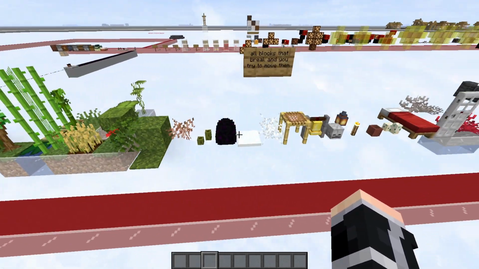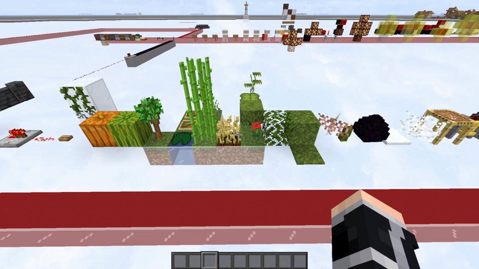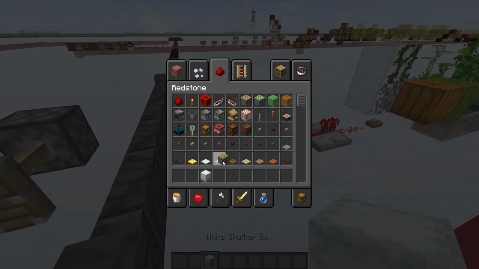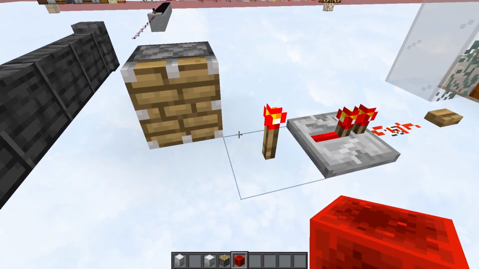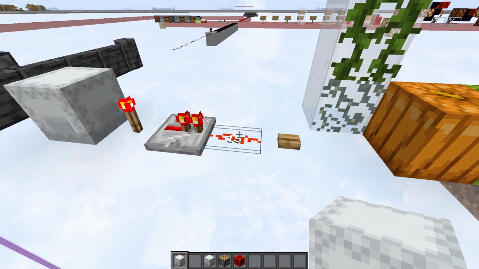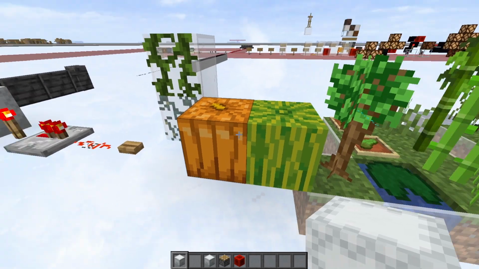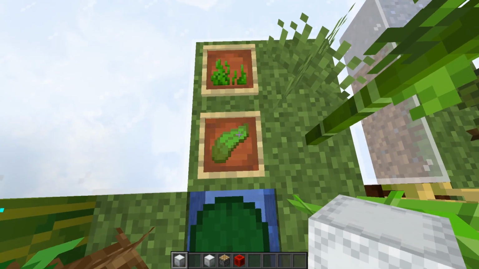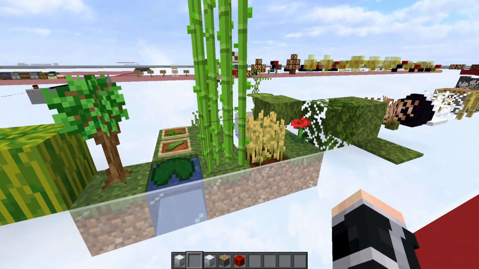And this is the list of all the blocks you can push, but when you push them you break them. Like the shulker, a small example. If I try to push the shulker, I am going to break the block. And the same for the redstone torch, the repeater, redstone dust, button, the glow lichen and the vines, the pumpkin, the melon, all types of trees, the lily pad, kelp and seagrass, the grass, the bamboo, the sugar cane,